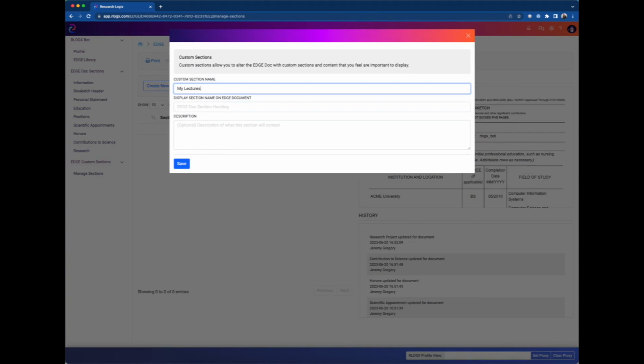My Lectures. And make sure, whatever it is that you would like to have displayed on your Biosketch, you would enter that here. And then if you want to provide, again, like in some of the other sections, a description, totally optional, but it would help to classify that and give some description to understand what you're using it for. So this is just my sample section. And just go ahead and